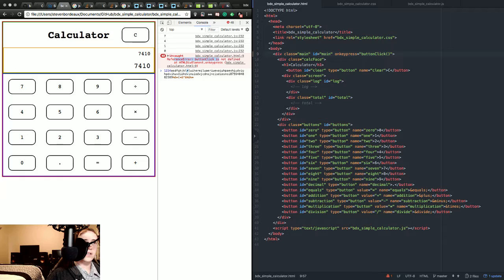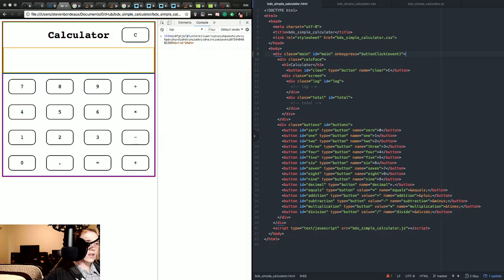Reference error: button click is not defined. HTML div dot on key press. So event was good. Event is indeed important. This turns it into